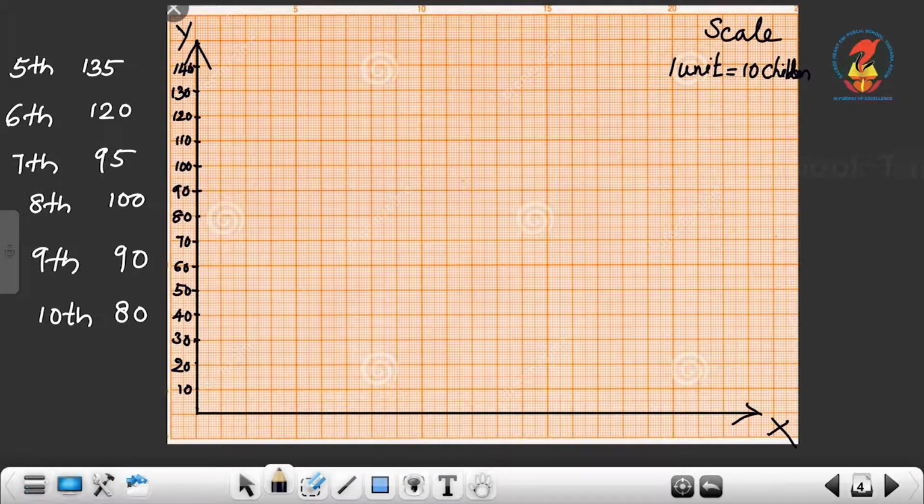Okay. Then along the x-axis we have to draw the bars and here we are going to draw